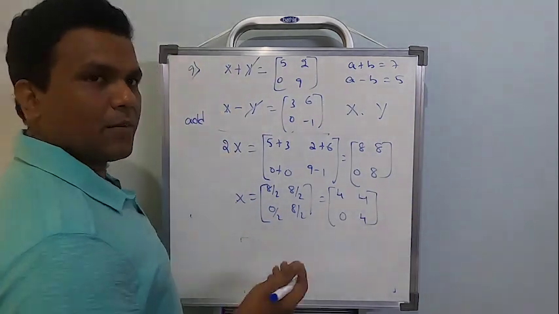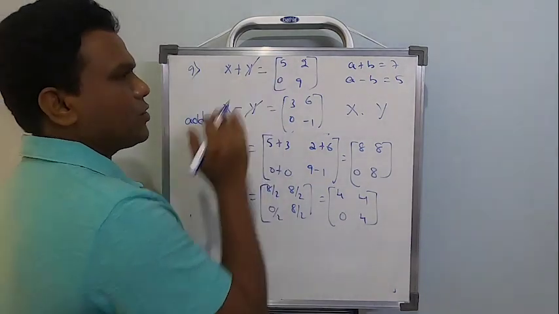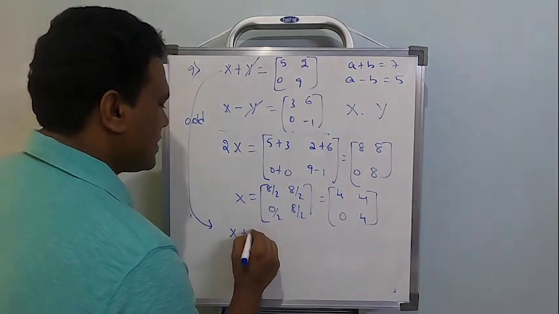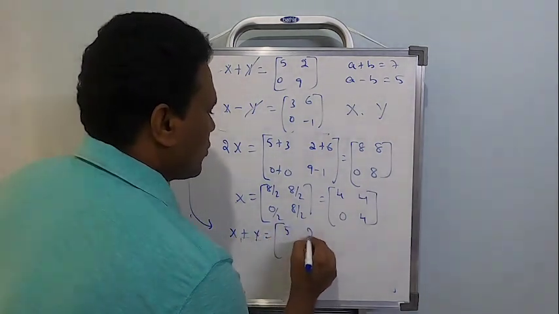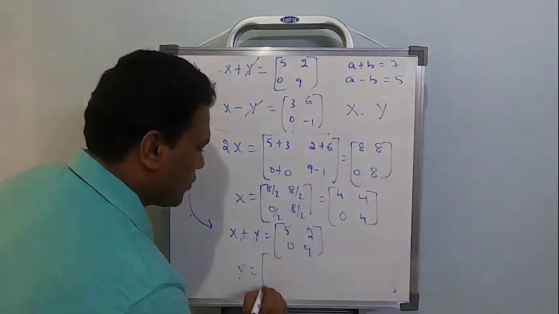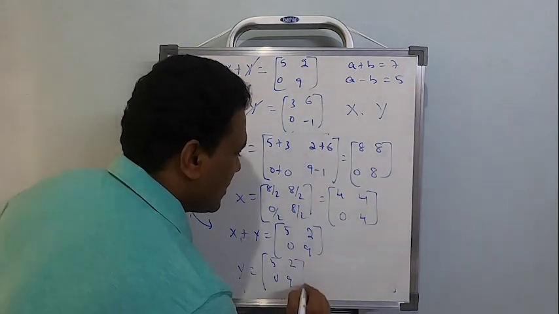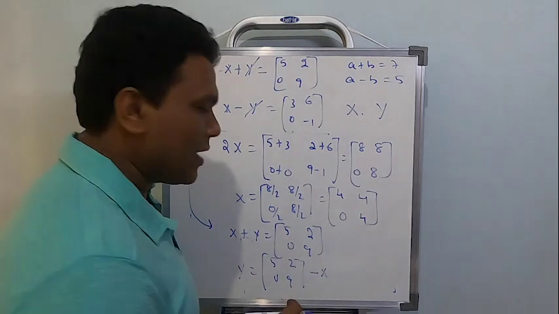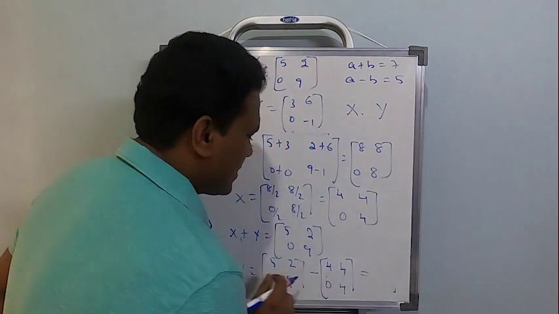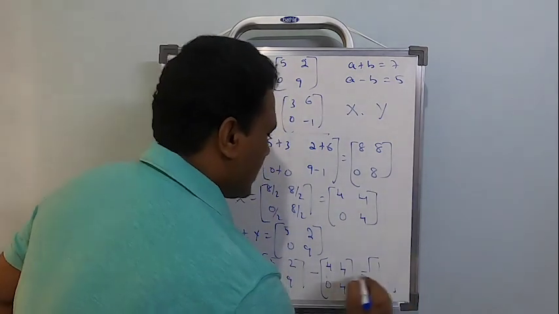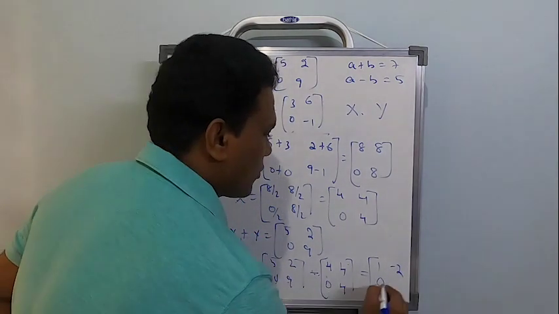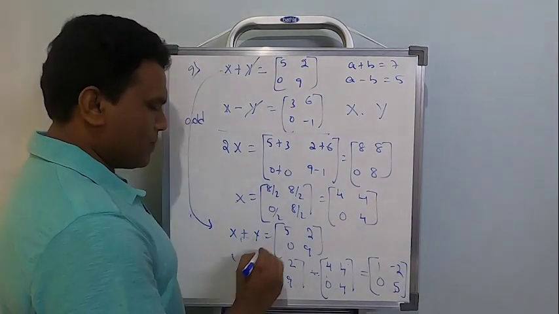So as we do it in a simultaneous system, I will substitute X in any of the two equations and find out the Y value. Let me take up my first condition here. X plus Y is equal to [5, 2; 0, 9]. You want Y, that means X should be shifted to the right side. So Y will be equal to [5, 2; 0, 9] minus X. But I know the value of X already. What is the X matrix? 4, 4, 0, 4. Now the rest is subtraction of these two. So 5 minus 4, 1, 2 minus 4, minus 2, 0 minus 0, 0, 9 minus 4, that's going to be 5. And that is matrix Y.